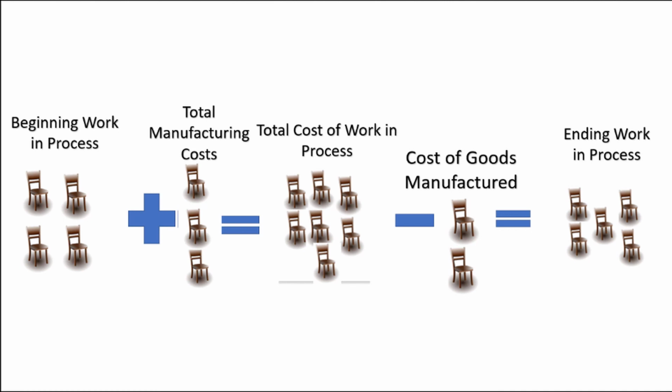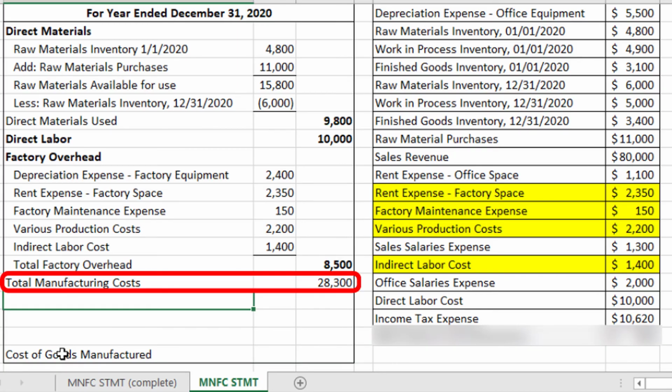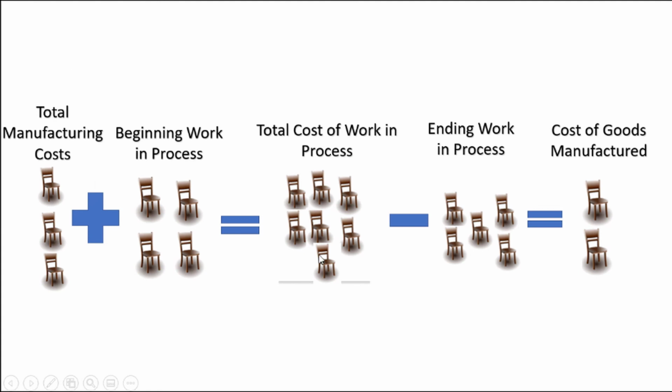Now, just like before, there's a little bit of rearranging we will want to do. We want to solve for the cost of goods manufactured, so we'll want to put that on the right side of the equal sign. So let's make that switch right here. And then also, since the total manufacturing cost is actually what we solved for in the previous section, that was the total of the direct materials, direct labor, and factory overhead, that kind of makes more sense to be the first number we put here. So we can just switch the beginning work in process and the total manufacturing costs around. And there you go. This is the exact form of what you will see on the manufacturing statement to solve for the cost of goods manufactured in the final step.